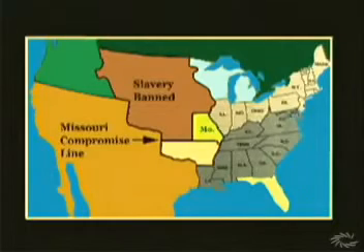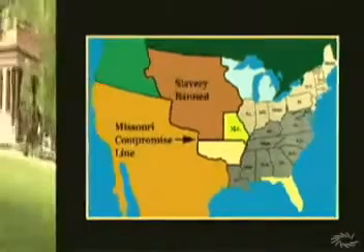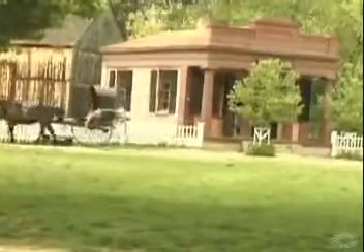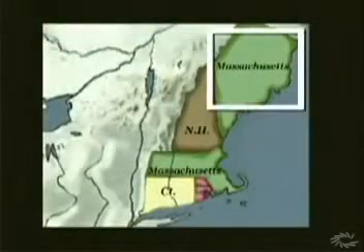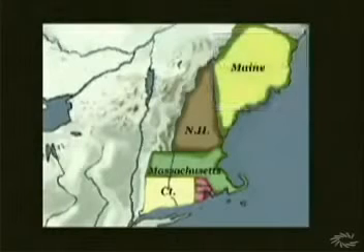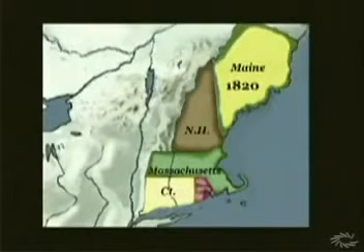It is interesting to note that while the Missouri Compromise was being worked out, voters in the state of Massachusetts decided to create a new free state from northern lands that had been a part of Massachusetts since early colonial times, so that when the state of Maine entered the Union in 1820, it balanced the influence of the new slave state of Missouri when it became a state the next